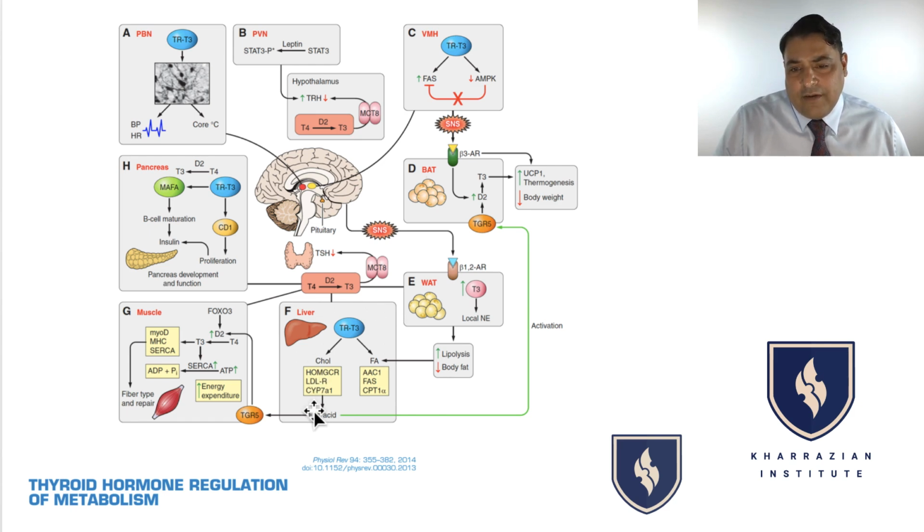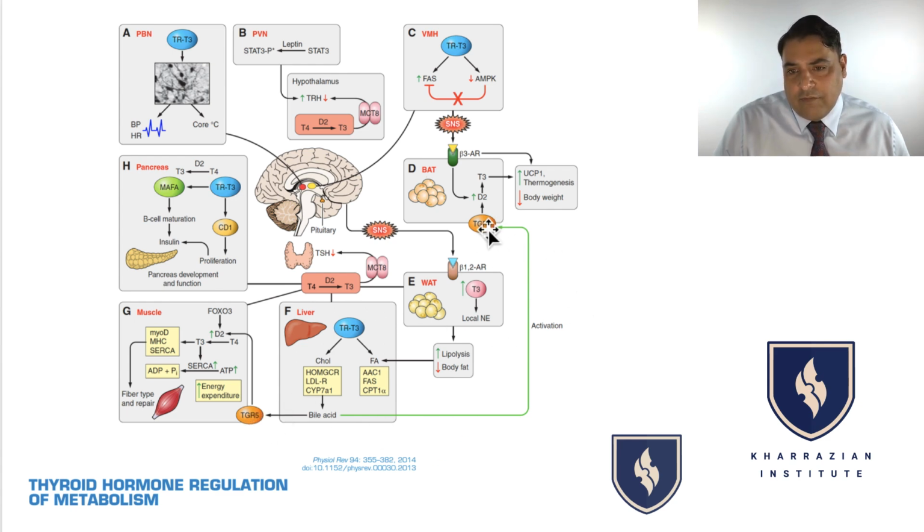So you'll see that all the time in clinical practice. And then one of the key things that this diagram is showing you is that T3 is essential for converting cholesterol and fatty acids for just normal bioenergetics, but also cholesterol into the production of bile acids. And bile acids bind to bile acid receptors. Here you can see TGR5 and